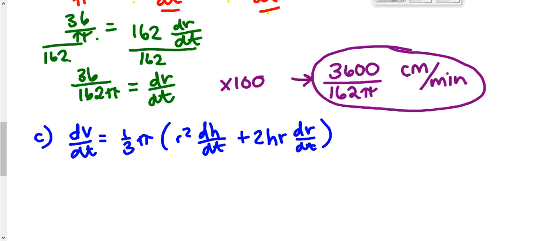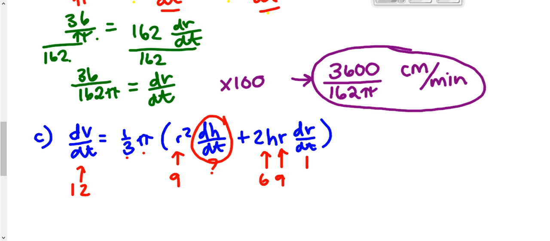So we can solve it just like we did part B, finding all of these numbers to plug in. dV dt was 12, 1/3 and pi are numbers, r was 9, dH dt we don't know, that's what we're trying to find out. We don't want to plug that one in. H is 6, r is 9. dr dt